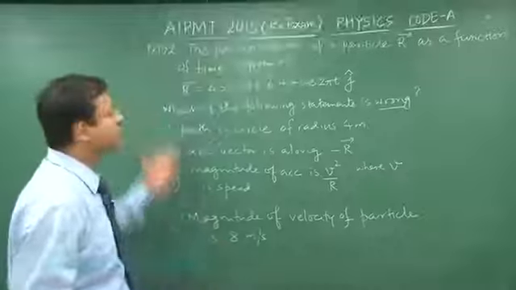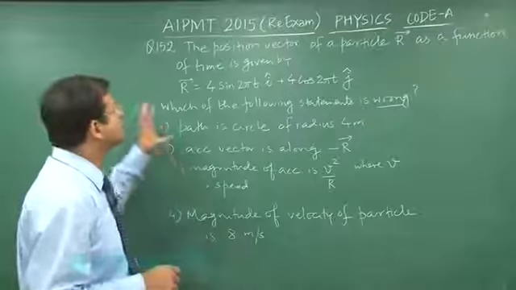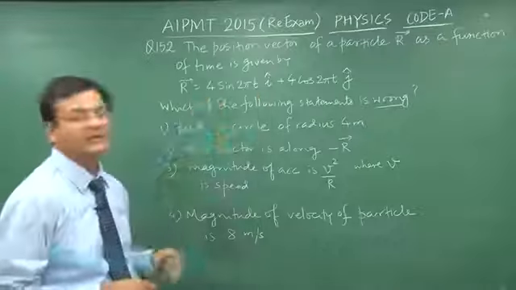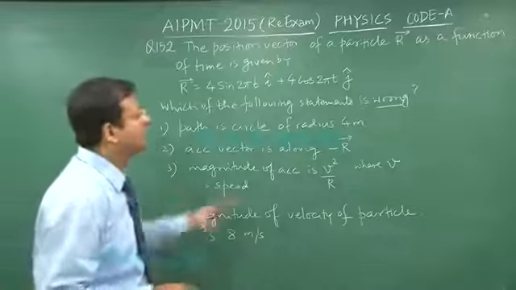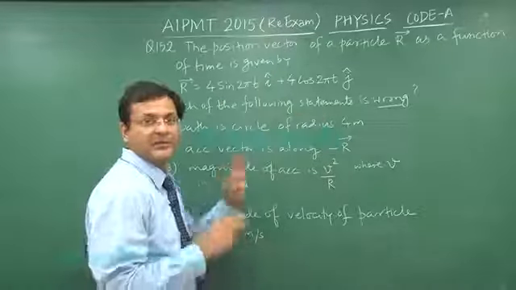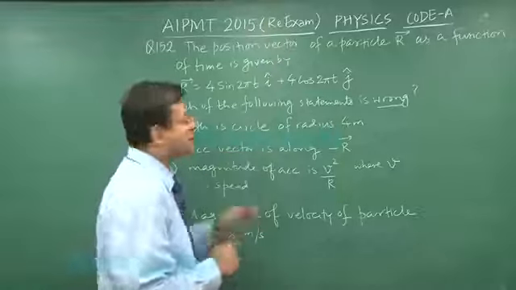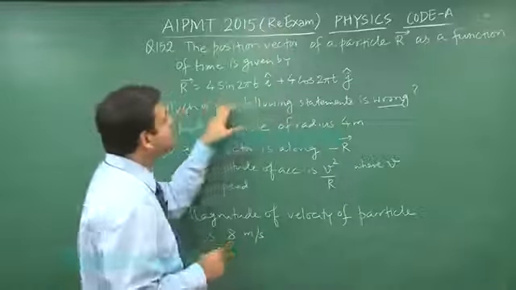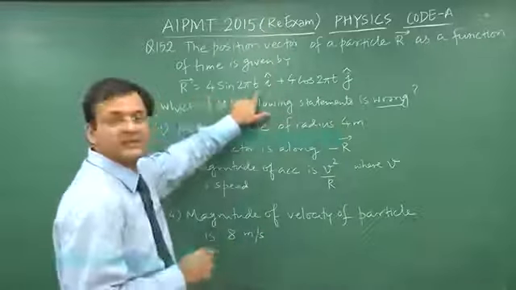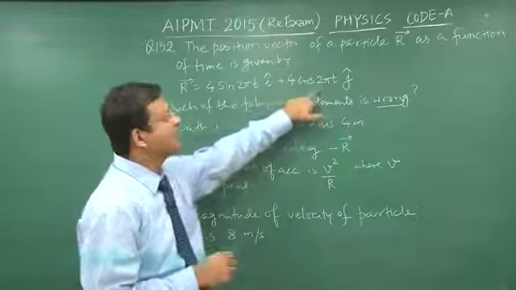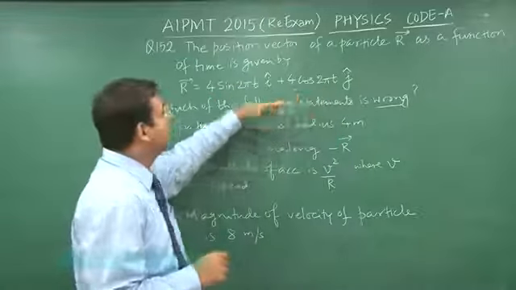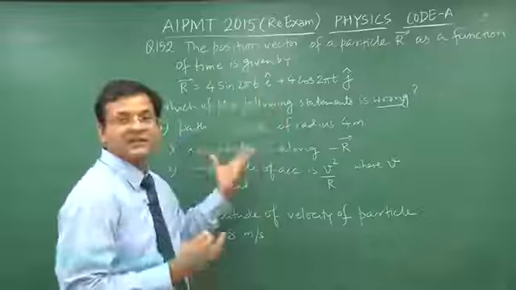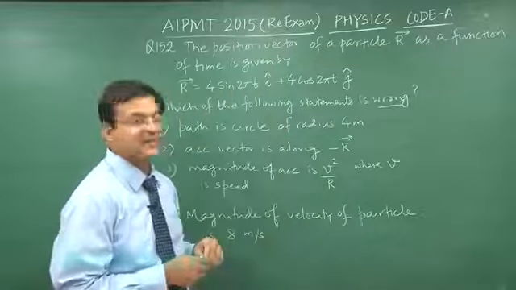Now in this question 152, which is related to motion in a plane, you have been given the position vector of a particle, and mind you, you have to find out the wrong statement here. Be careful, you have to find out the wrong statement here. If you compare this position vector, you can say that this is the x which has been given, and this is the y part of the motion that has been given. i, j, all these are standard notations, they are the unit vectors in x and y direction.